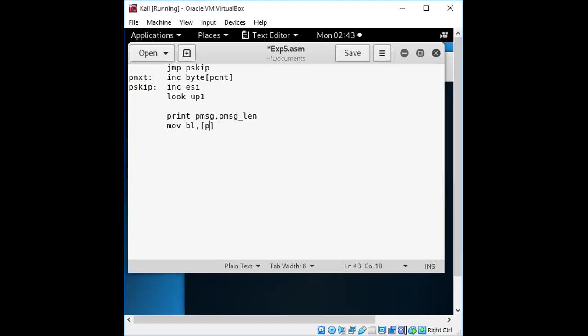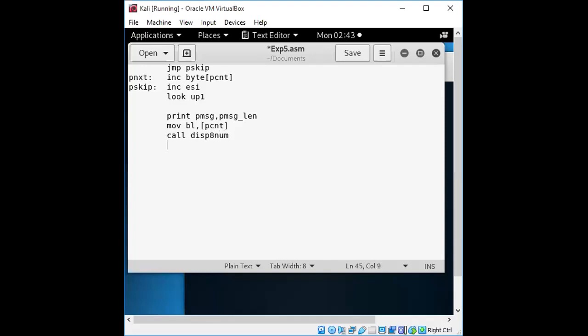Okay, so ultimately what we want to display to the output window is the count of it. We'll take that in the form of this message, and then we'll check whether it is a value which is greater than 9 or less than 9. For that we'll take one more procedure call here. For every number we need to check whether the value is less than 9 or greater than 9, right?